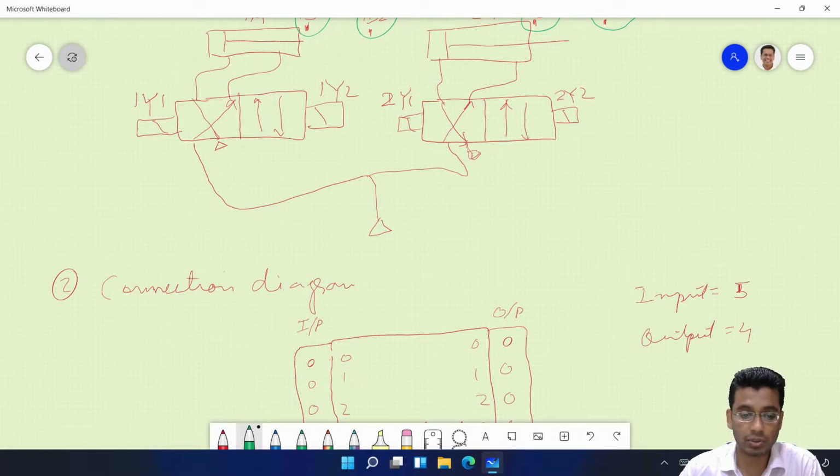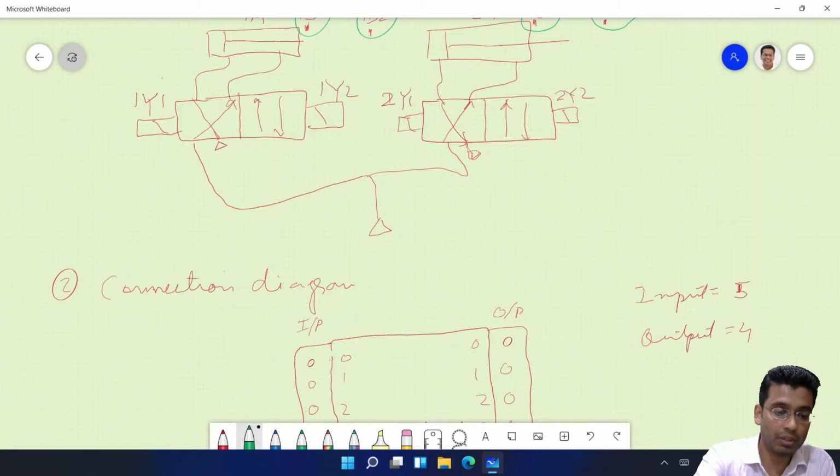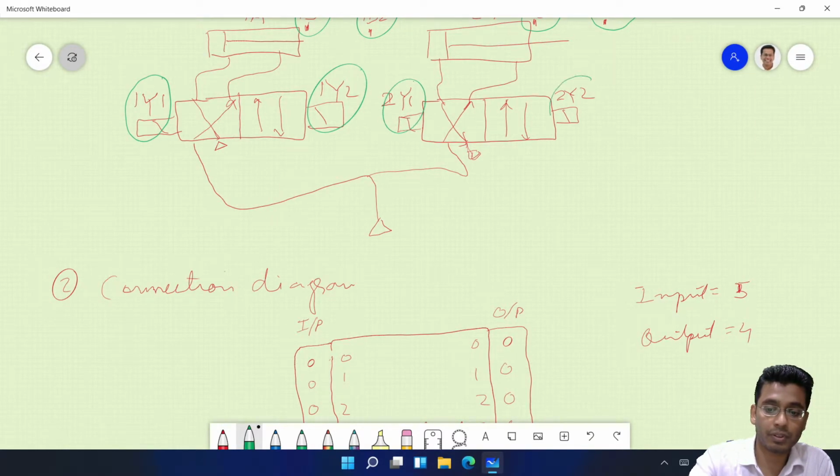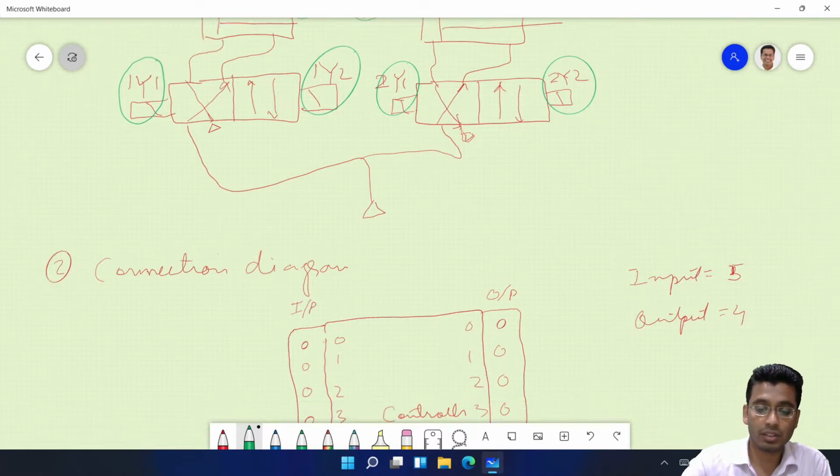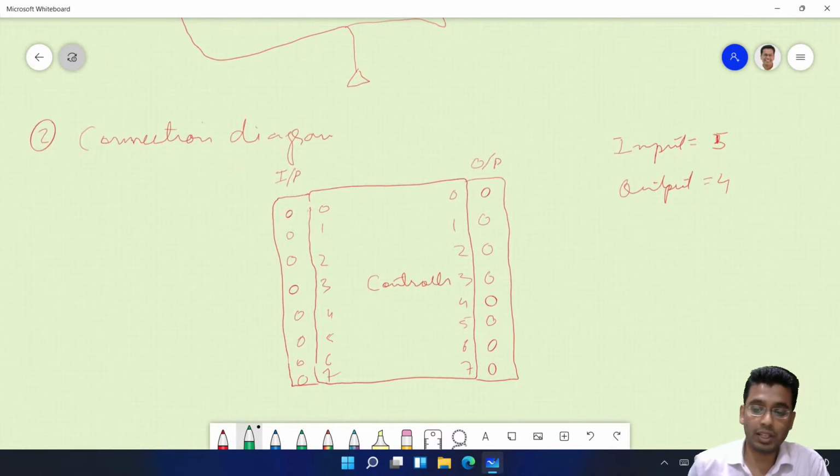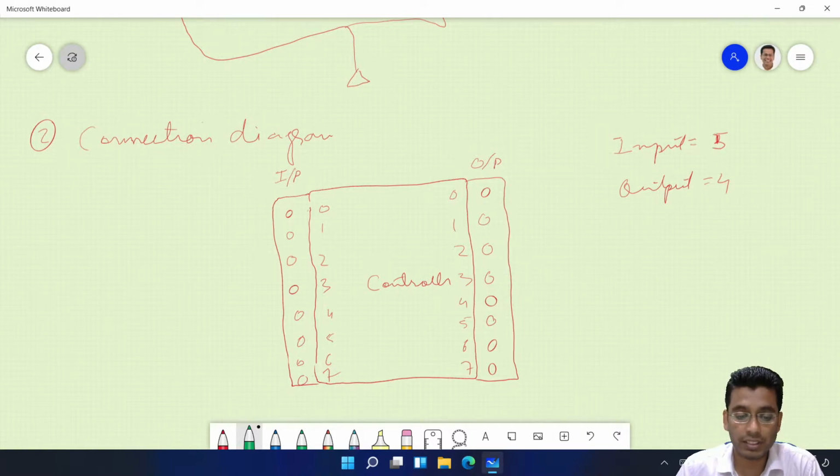That constitutes 4. Once we are done with the input and output devices, we have to segregate whether these inputs are digital or analog. Tell me.